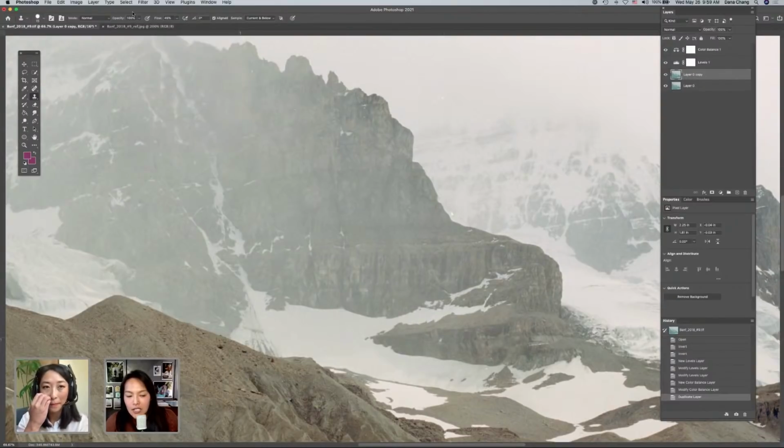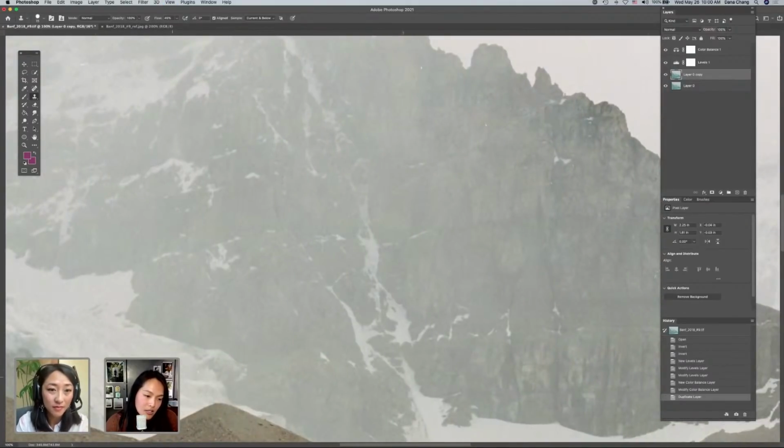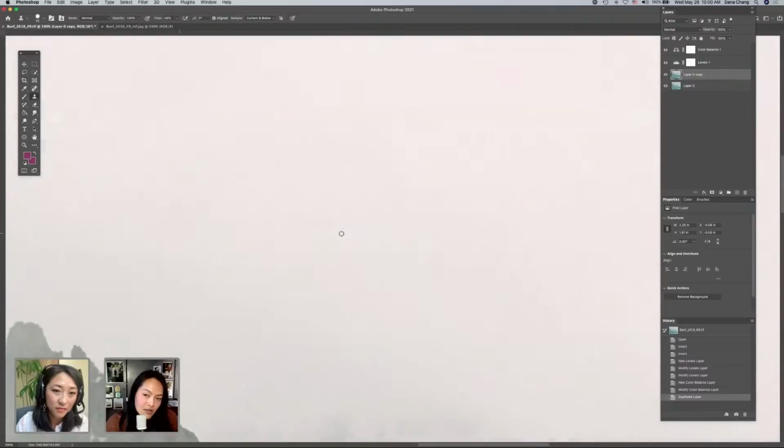I find that it softens the image, and it's very smart and removes a lot of the dust, but I'm a little bit old school and I like to stamp out all of the dust by hand. Some people might say it's tedious, but it's really great if you have music or a TV show going, or you're doing it with a friend, then it feels a little less tedious. But what we can see here is a very large scratch across the entire